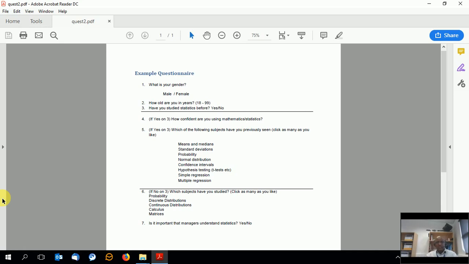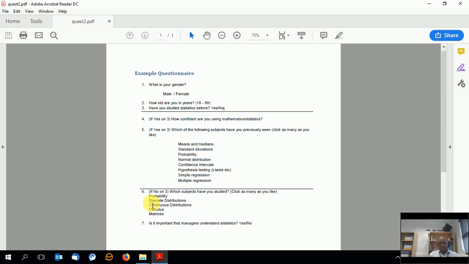The second difference is question number 3, where we have yes and no as options to select from. Clearly, if you select yes, then questions number 4 and 5 make sense. If you select no, then you move straight from 3 to 6, and you can choose whatever you have to choose from the options on question number 6. If you recall, in the first questionnaire, if a person didn't have a bike, then the remaining questions would be completely redundant. Whereas here